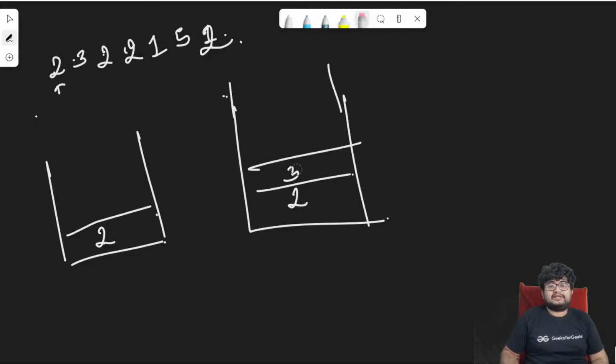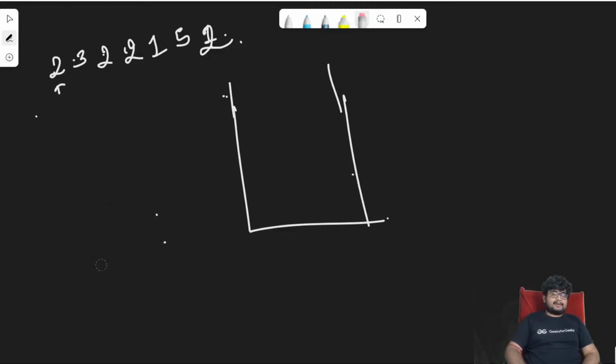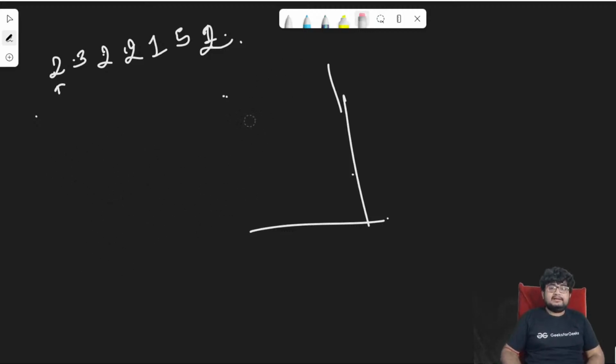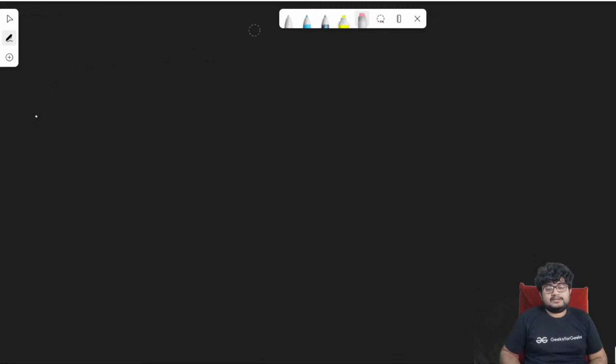So we'll remove the 3 now from this stack only, and then we see a 2, so we'll remove 2 from both the stacks, right? So that will be an order of n space complexity solution to get the minimum element. I hope that's clear. Now we will discuss how we can do it in order of 1 space complexity,